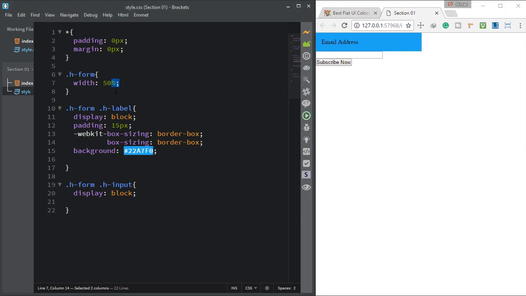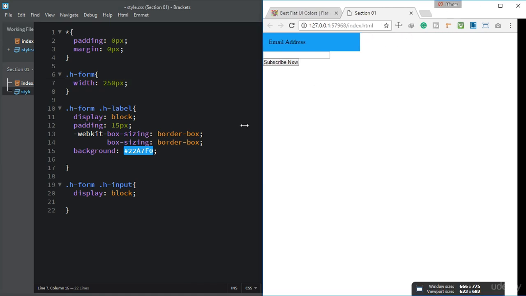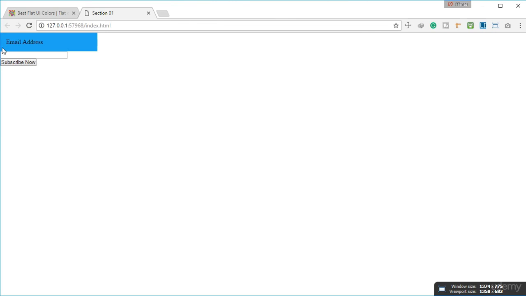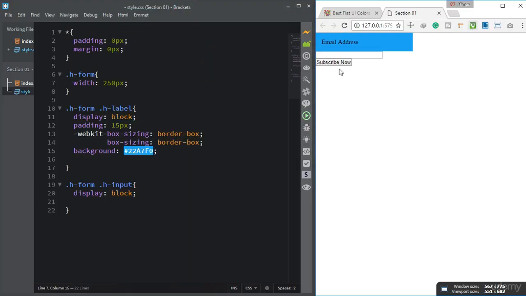If I said about, let me say about 250 pixel, now you can see it's taking 250 pixel in this whole width. And let me make it bigger. Now you can see it's still taking the 250 pixel here. Okay, let me set it back to